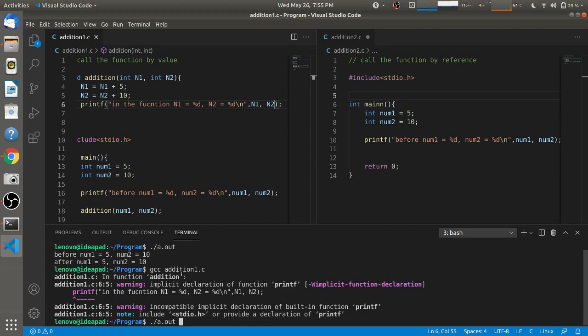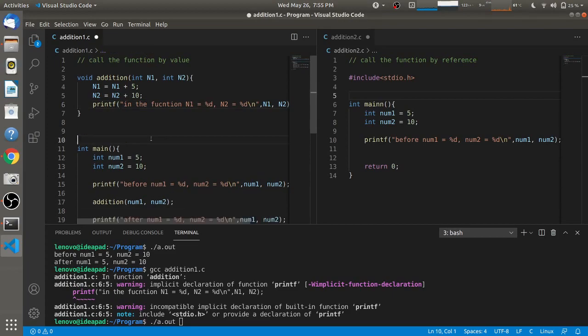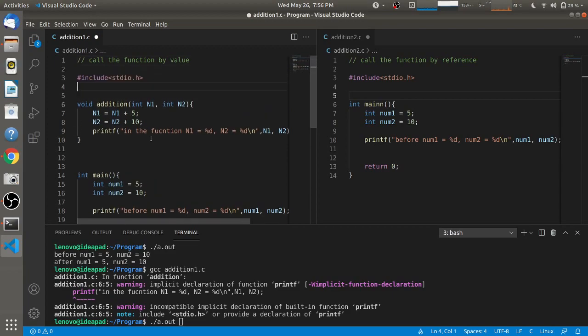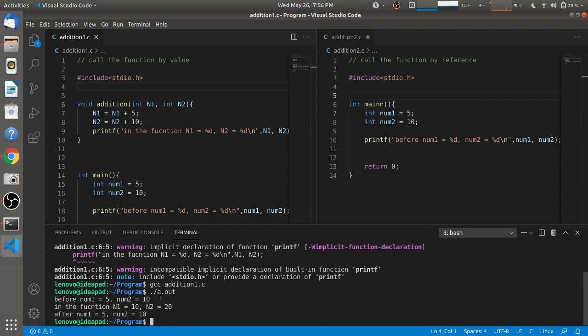So this is just a warning. We can ignore that, or we can solve it by taking this include line and putting it before the function, and it will resolve that warning. So after resolving that, we'll again compile it and we'll execute the code, and you will see that in the function the values are getting modified.